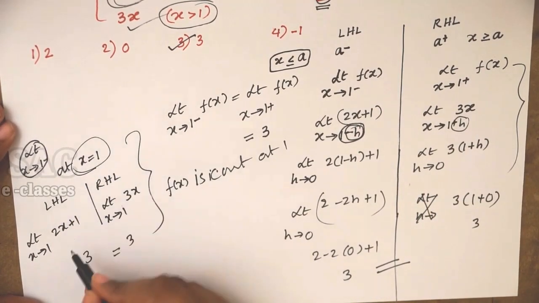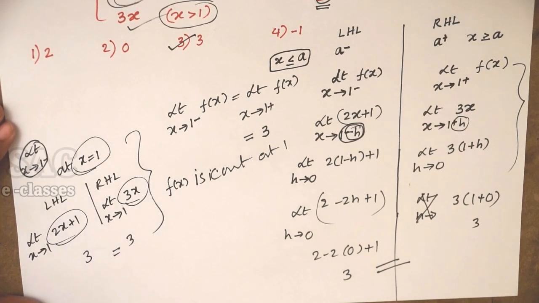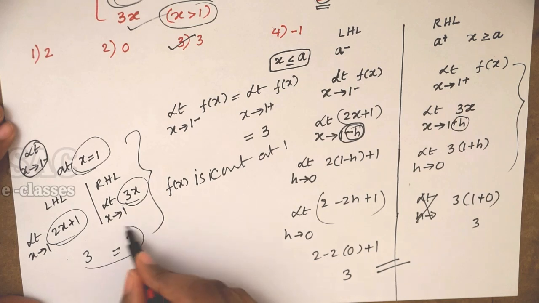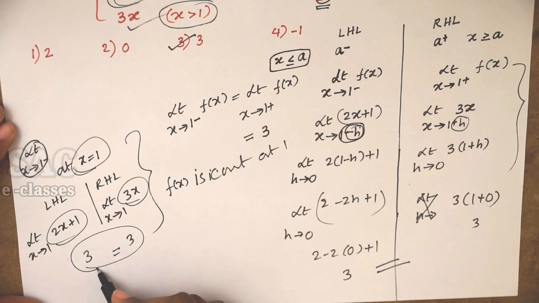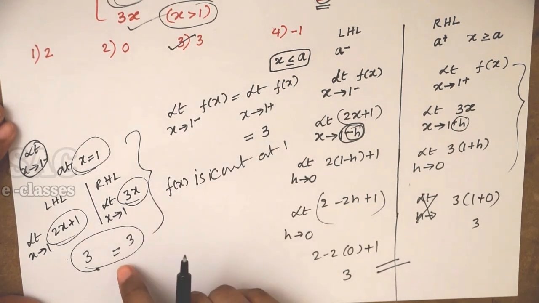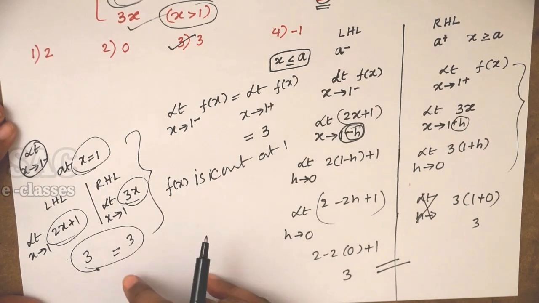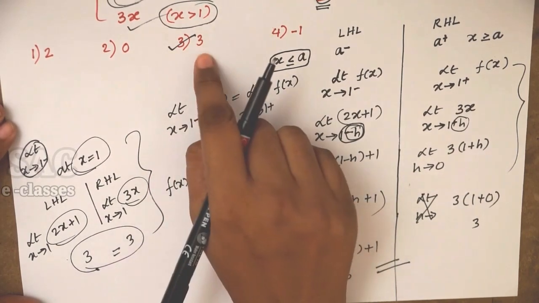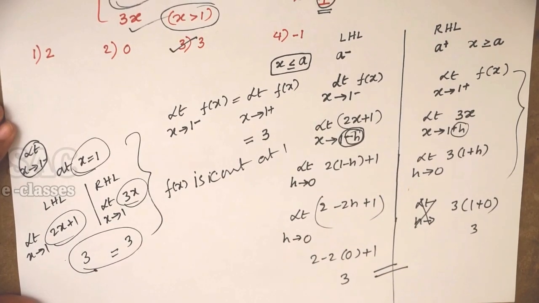At 1 you wanted to do, take the possible functions and apply the limit, and identify whether you are getting the same answer or not. If you are getting the same answer, they are continuous. Not only continuous, the limit exists, which is equal to 3. Let us move to the next problem.